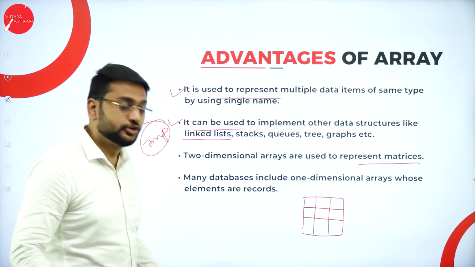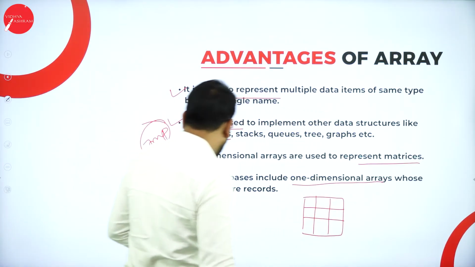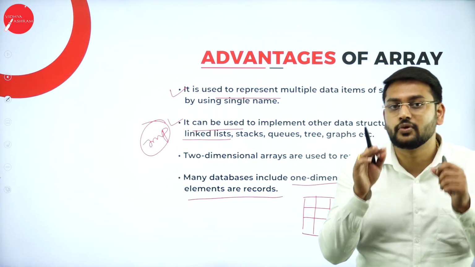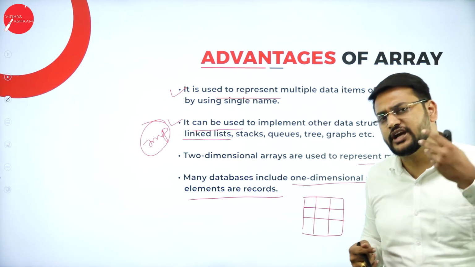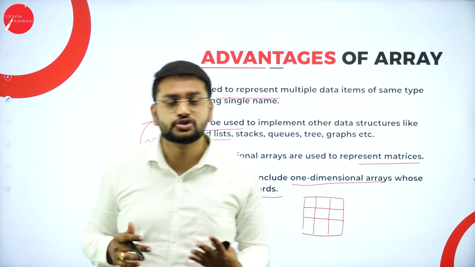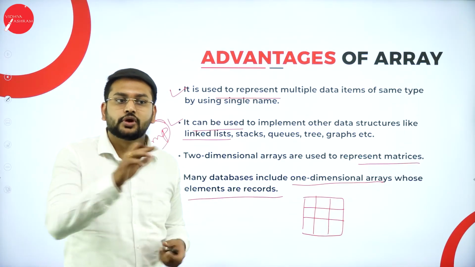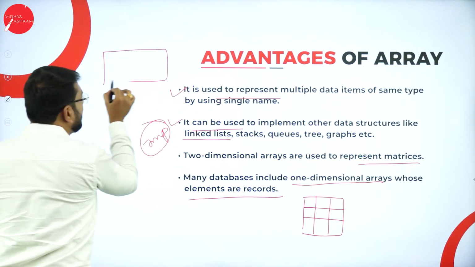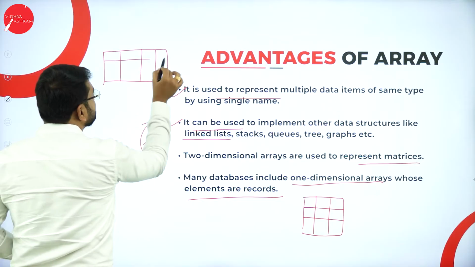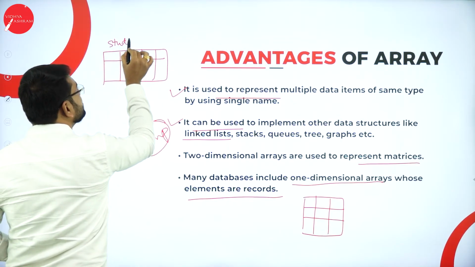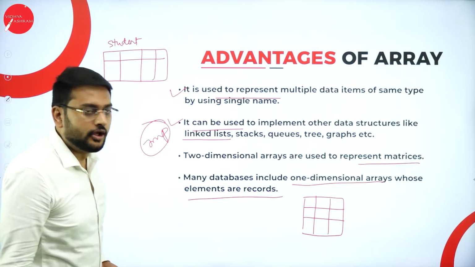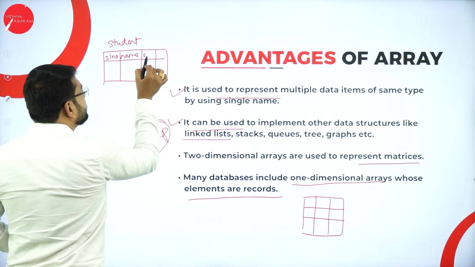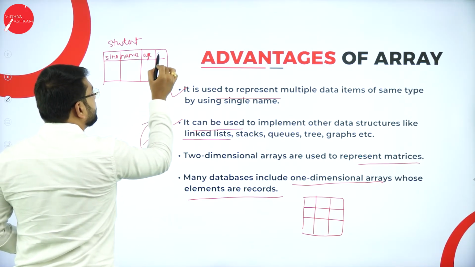Many databases include a one-dimensional array whose elements are records. That's one of the major advantages that we have. Most databases use a one-dimensional array to store the records. Say for example, I will assume my data are getting stored in the form of tables. Imagine this is a student table. What is the table name? Not dining table, student table. Here I have serial number, I have name, I have age, and let's imagine phone